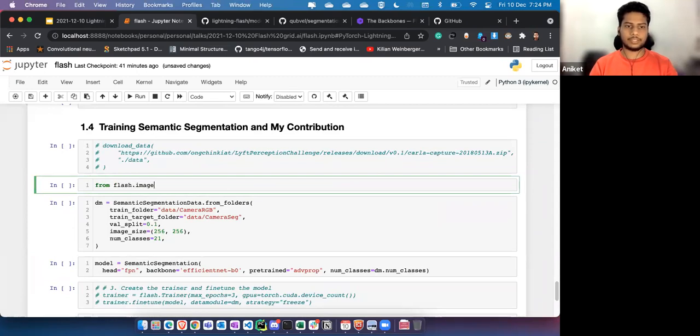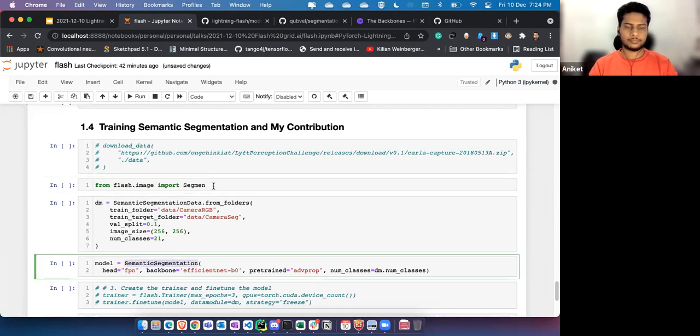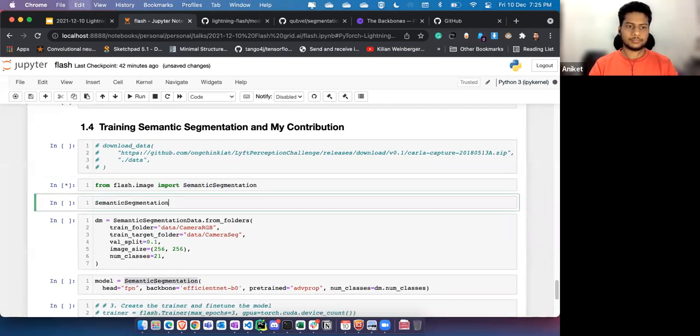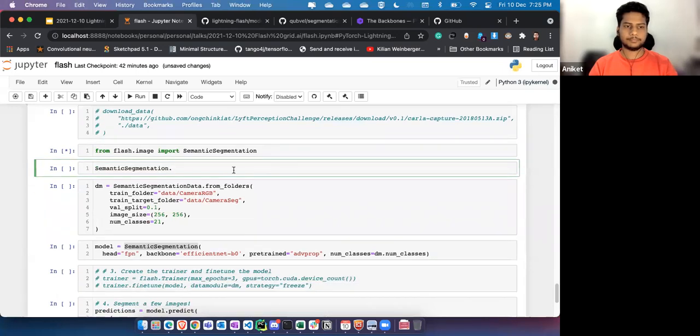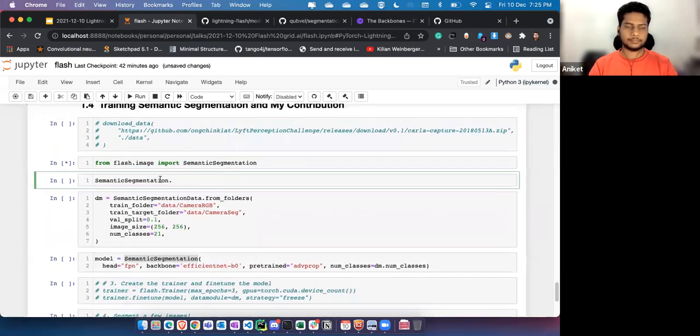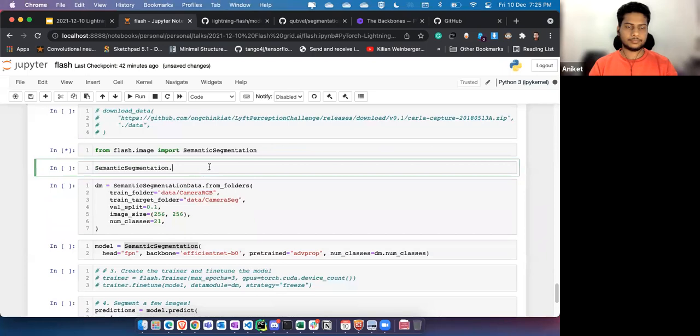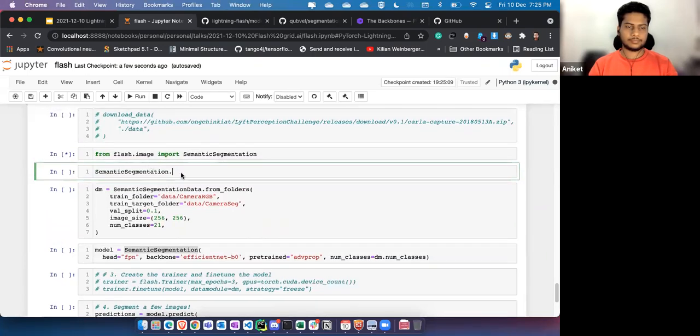From flash.image import... it's just taking some time. I think my laptop has gone slow.